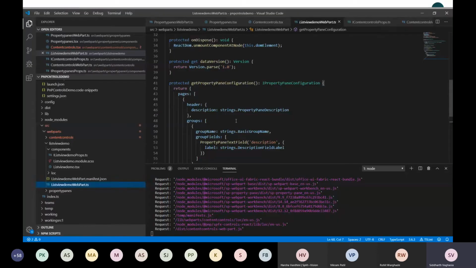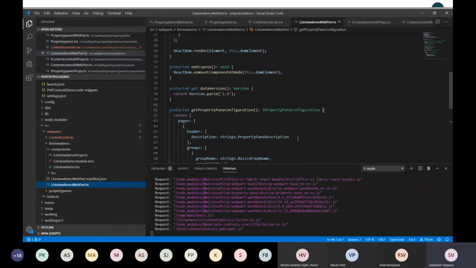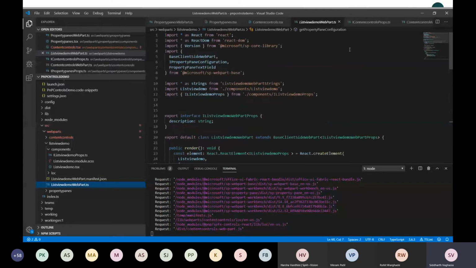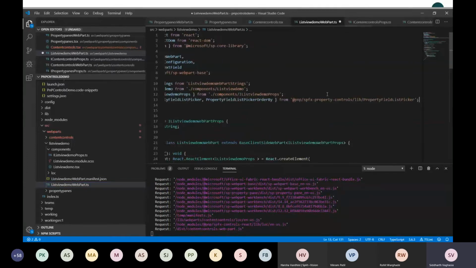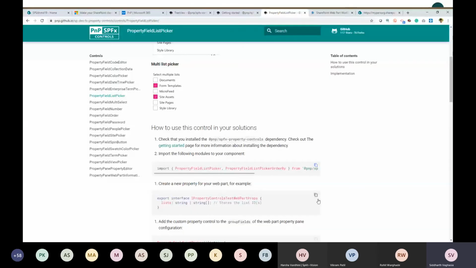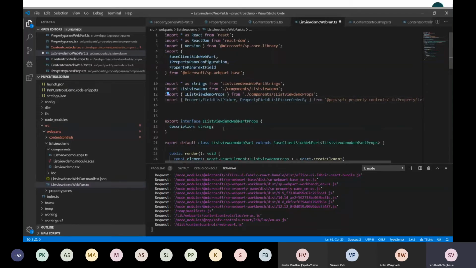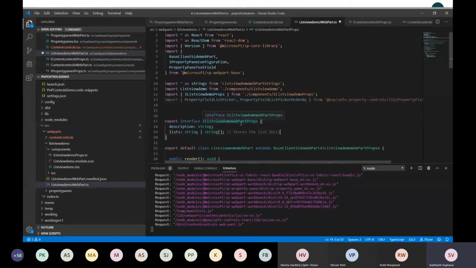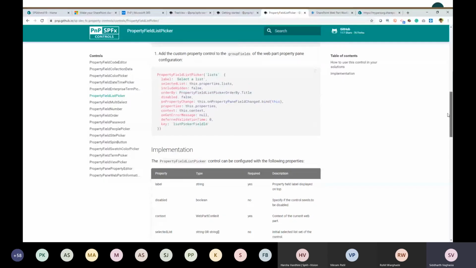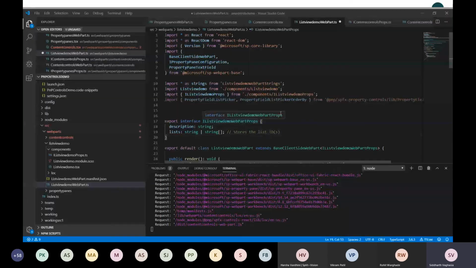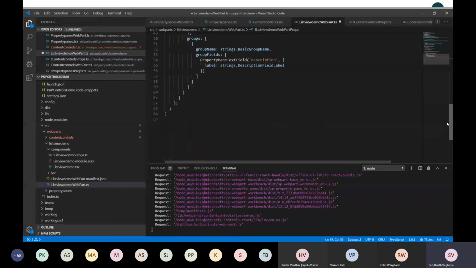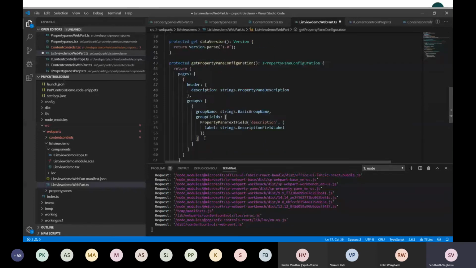Okay, as it is a property pane control, first thing is we would add it in our web part .ts file. Then we would use this particular property to hold the data which the user has selected in my web part properties, and then I will use the property list picker in my get property pane configuration method.